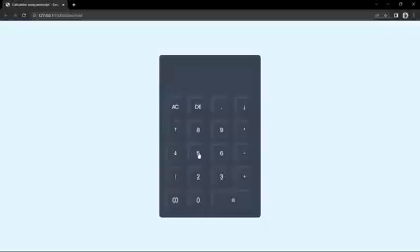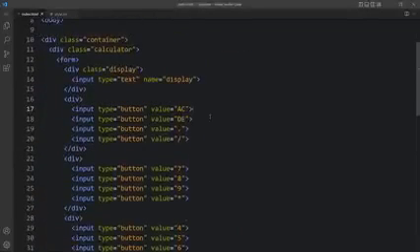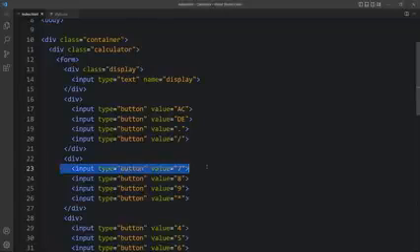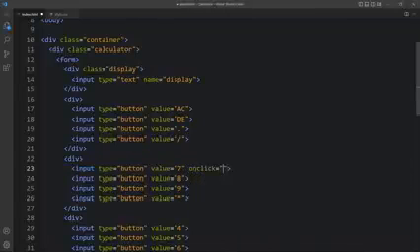Whenever we click on any number, that number should display in the display area. So let's come to the HTML file. So we will add the click feature in these numbers. So let's start with this 7. Here we will add onclick equal to display. Here you can see we have the input with the name display, right? This display dot value